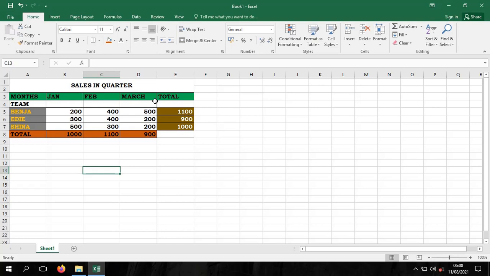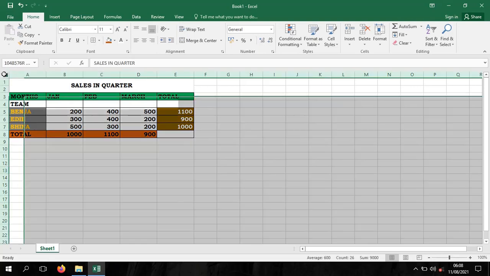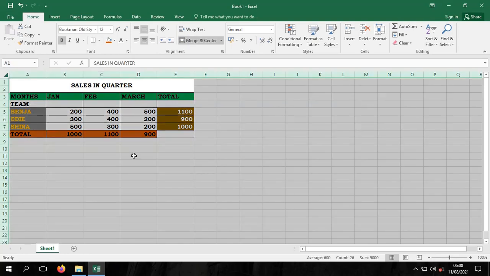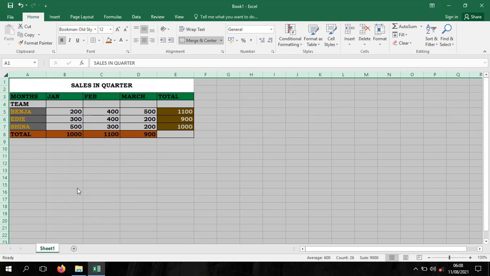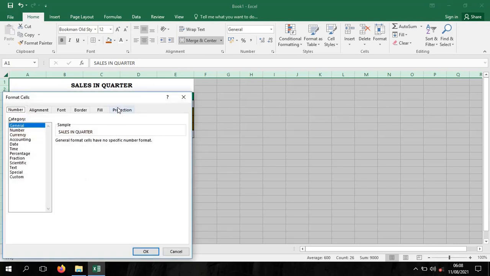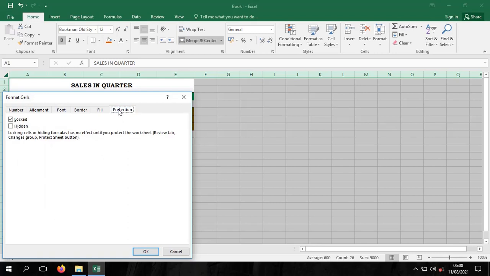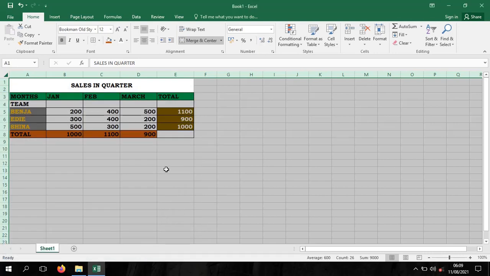So let's see how to do that. First and foremost, we can highlight all the cells by clicking on this arrow. You will be highlighting the entire worksheet. You could right click and say format cells, and we are simply interested in the protection section here. We've realized that all the cells can be locked. There is information here, we are going to come to it. Now that all that can be locked,